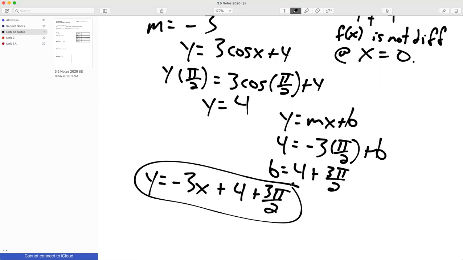Where do you get 4? Because the cosine of pi over 2 is 0. Oh. And so that makes all of this 0, so I have 0 plus 4. All right, well,